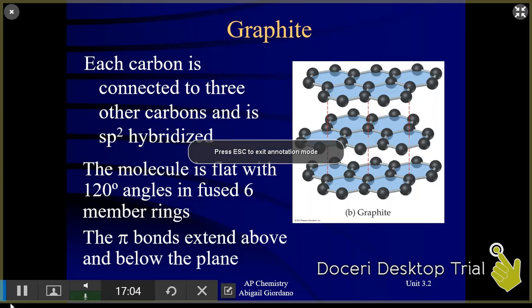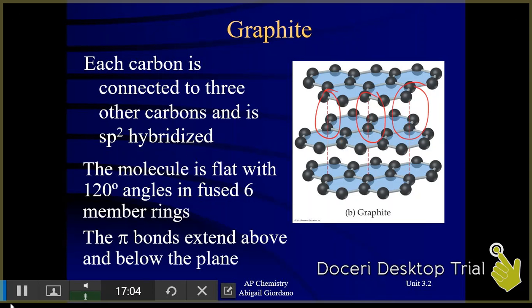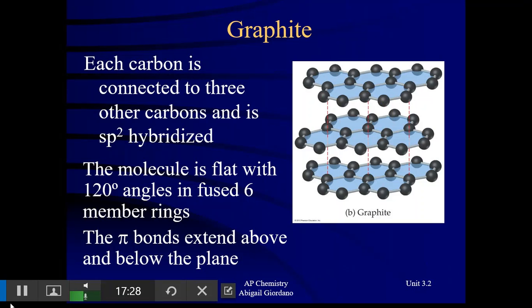And these red dashed lines in the drawing, those are the connections between the sheets. Those are pi bonds. So there's sigma bonds holding the atoms together, but pi bonds holding the sheets together. And what ends up happening, guys, is these sheets can slide past each other pretty easily because the pi bonds